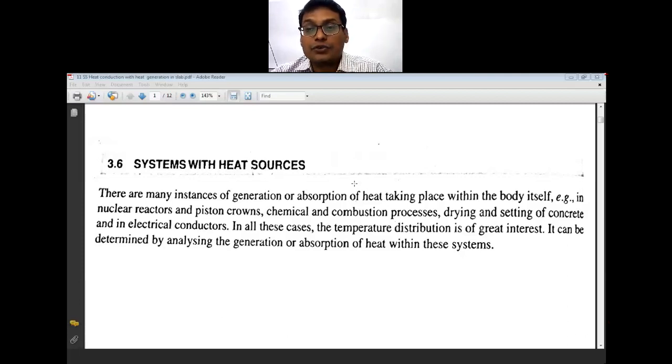That means in the center of a slab there is a heat source, and we are going to calculate how the heat will be dissipated and the temperature. Also, we'll consider the convective coefficient and calculate the amount of heat transfer as well as the temperature.